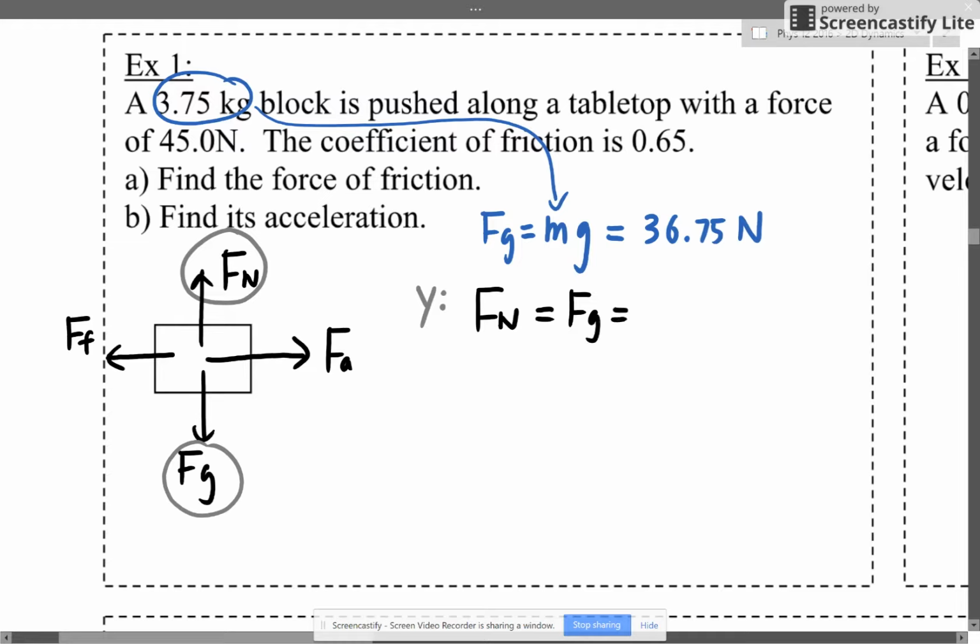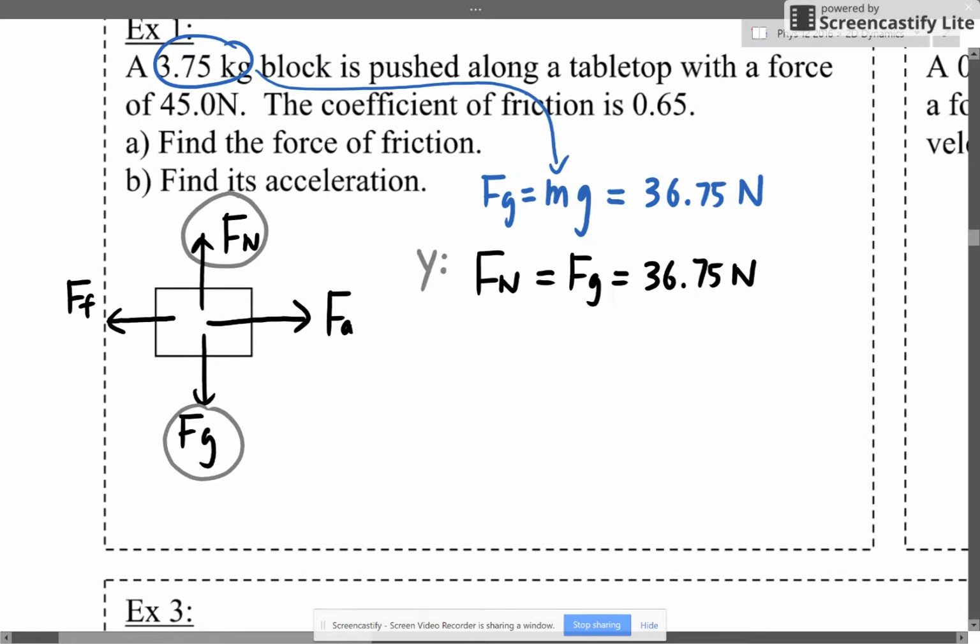I know that because they point in opposite directions and they should be canceling out. So we have the normal force. Why do we need the normal force? Because we now have this equation to use. Friction is equal to mu Fn. And because mu is 0.65, and Fn is what we just found,